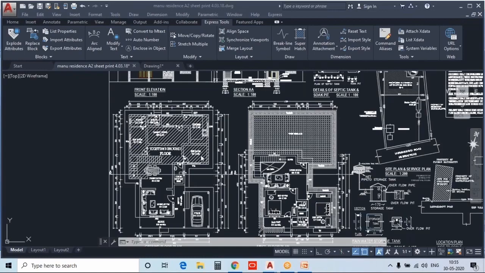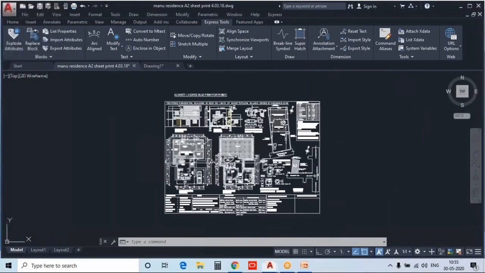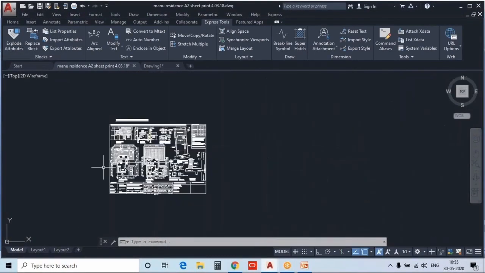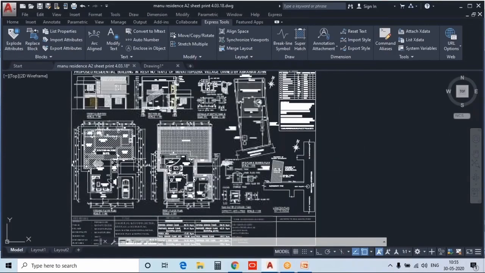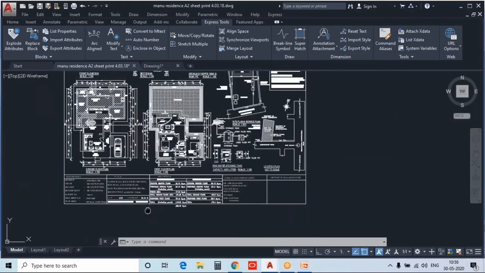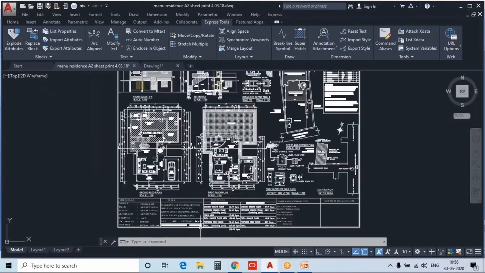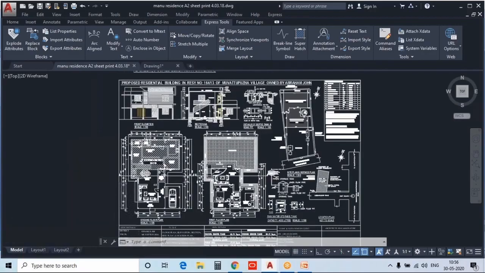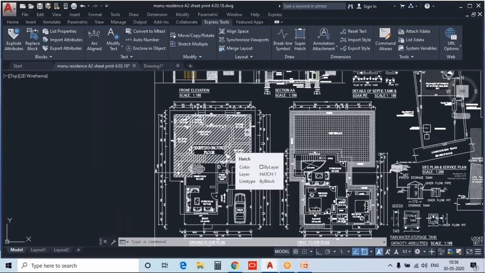Okay, here you can see the approval drawing of ground floor plan and first floor plan. And you have to mention the purpose of the use of that approval drawing, like whether it is for residential purpose or like that, on the title block. And here you can see that these plans are fully dimensioned, and some portions are already an existing portion, and if you have to make an alteration or extension to an already existing building, then you have to do like this. That is, you have to indicate that portion by hatch, and you have to prepare the further plans. Okay, like this.